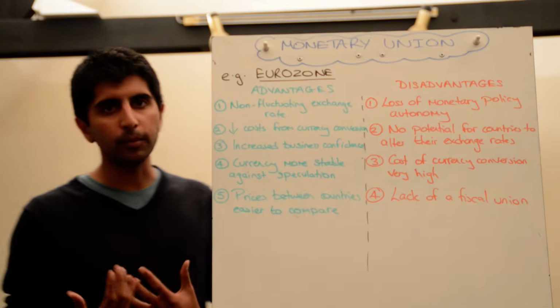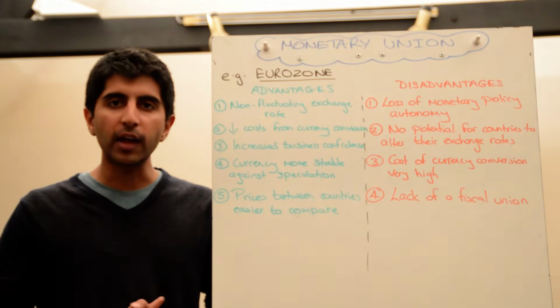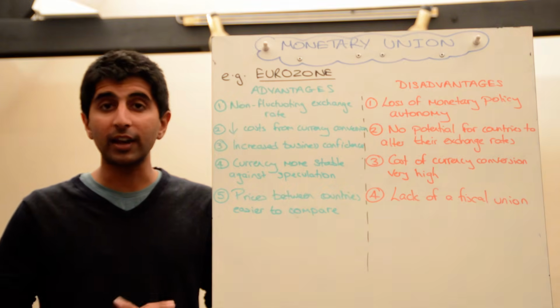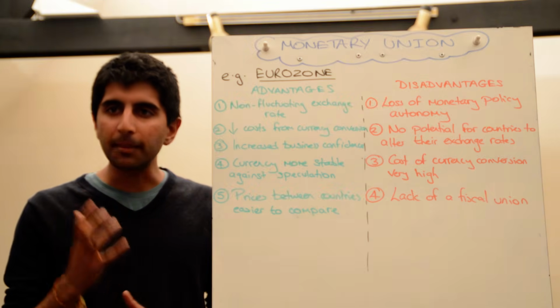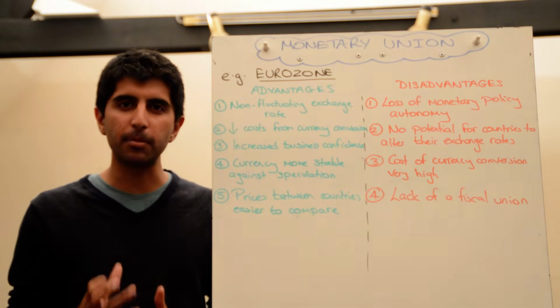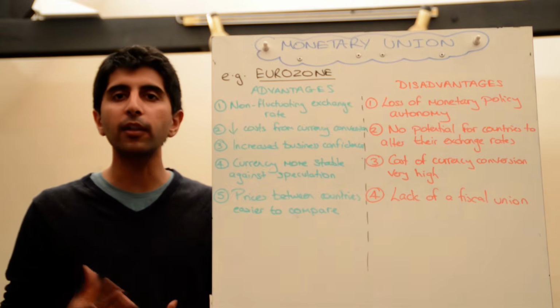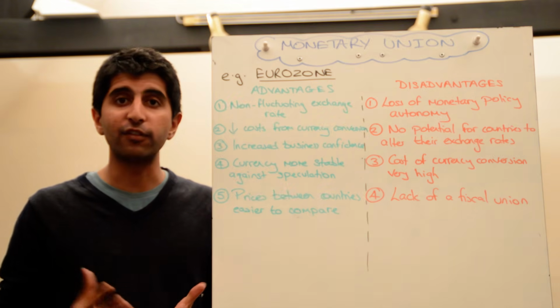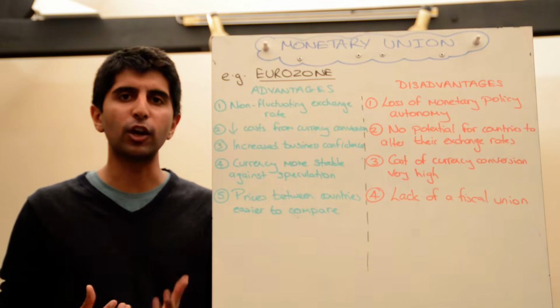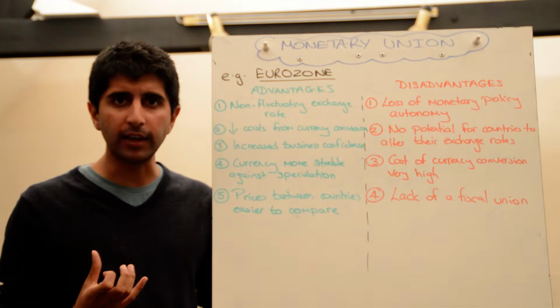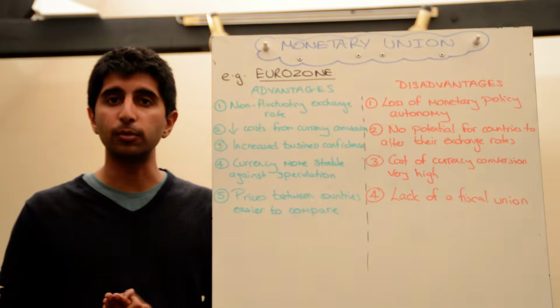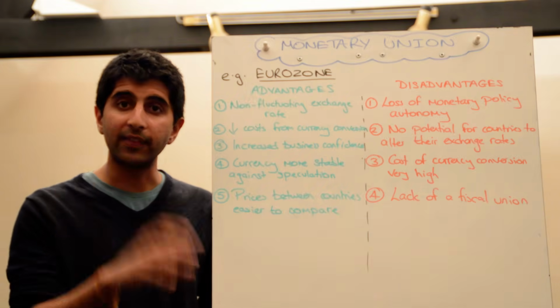Take the UK, for example. The UK prior to the 2008 great financial crash was actually booming. It was in quite a healthy position, yet the ECB kept interest rates very low in that period of time. So if the UK was part of the Eurozone then, it might have suffered from unnecessary credit-based bubbles in the economy that came from very low interest rates. And that would not have been a very suitable policy for the UK in that moment.